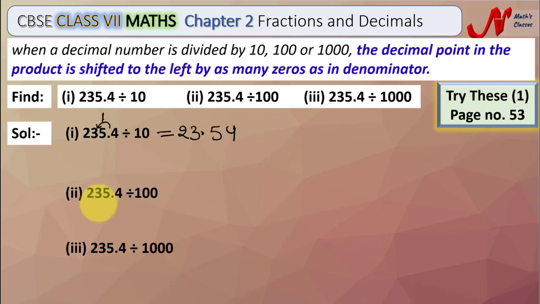Next, 235.4 divided by 100 means in denominator we have 2 zeros, so shift the decimal point 2 places to the left side. So it can be written as 2.354. Next, 235.4 divided by 1000 means in denominator we have 3 zeros. So we shift the decimal point to